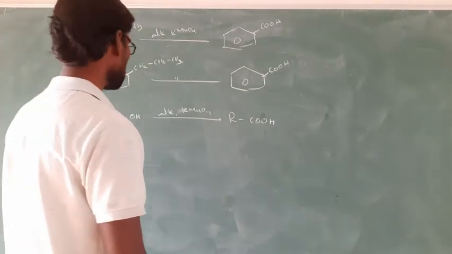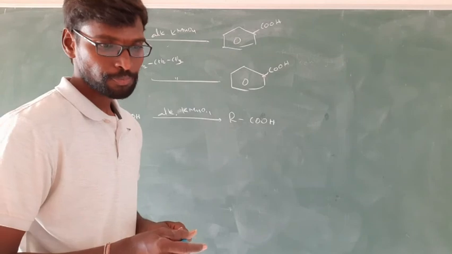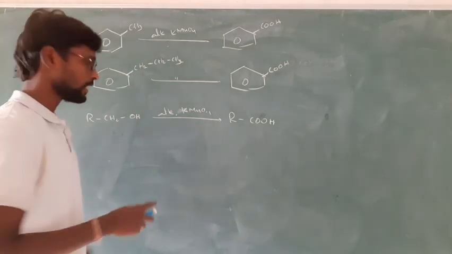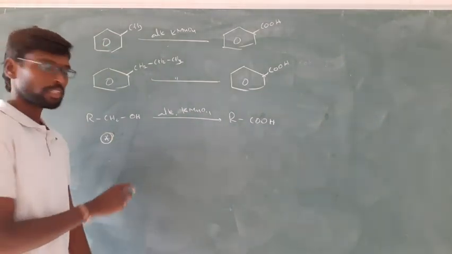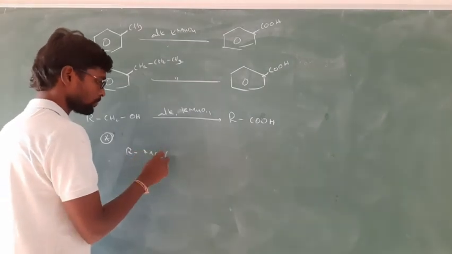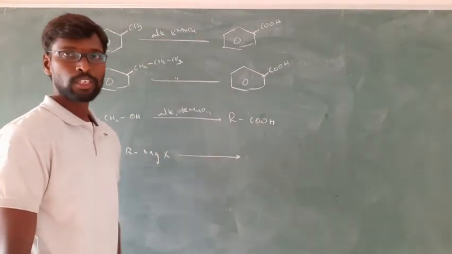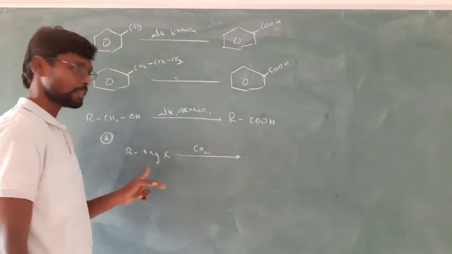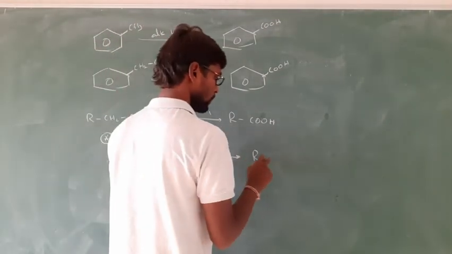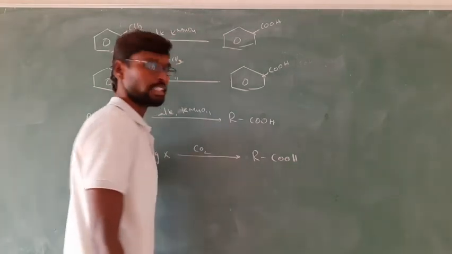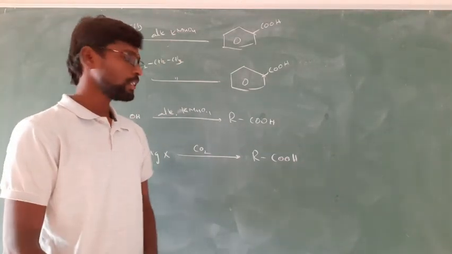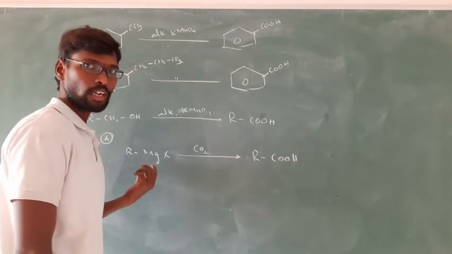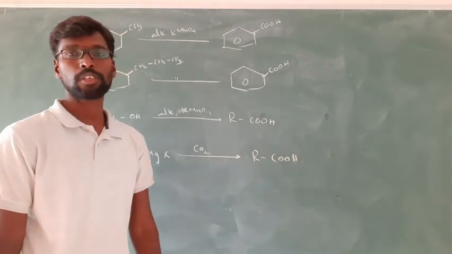So this is about preparations, and one more preparation method is there, that is the Grignard reagent. This is an important one, RMgX. If you react CO2 gas with a Grignard reagent, there is a chance to get COOH, carboxylic acid. But this has importance in alkyl halides, in alcohols, in carbon compounds, and again in carboxylic acids.